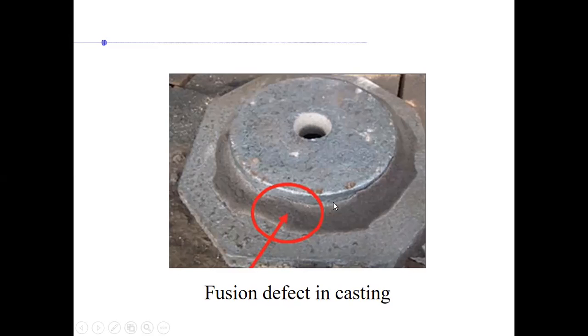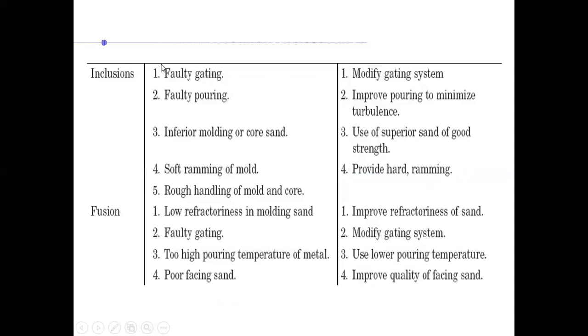You see here this part of the casting and this part of the casting. So the soil mixing is not a good thing. The property of refractoriness should be properly maintained. The sand should have proper refractoriness, and the molten metal also should not be at too high a temperature. So you can avoid this kind of defect. You see here,